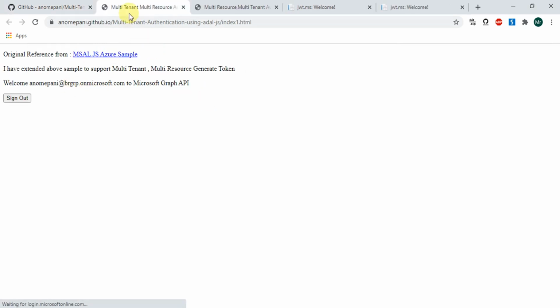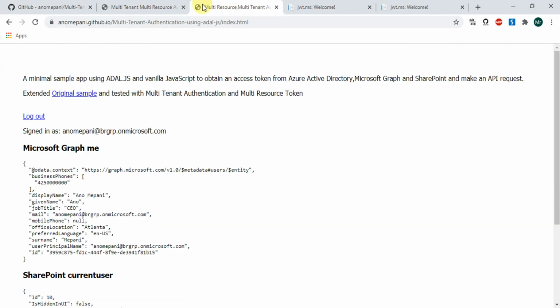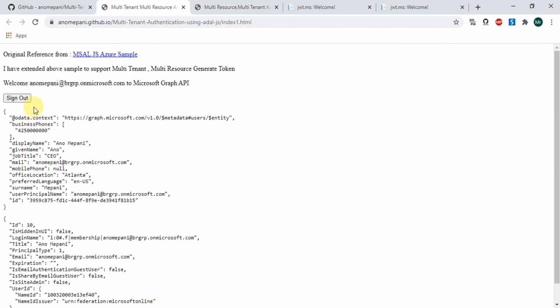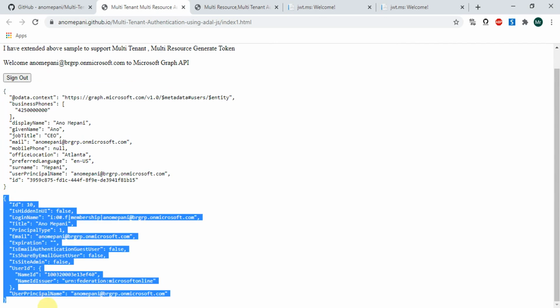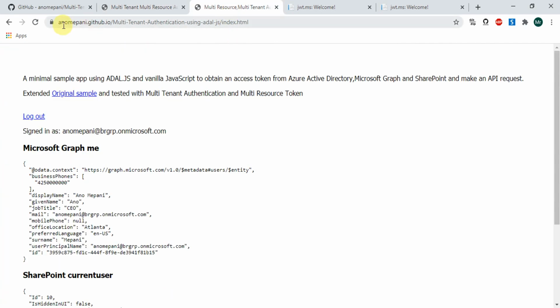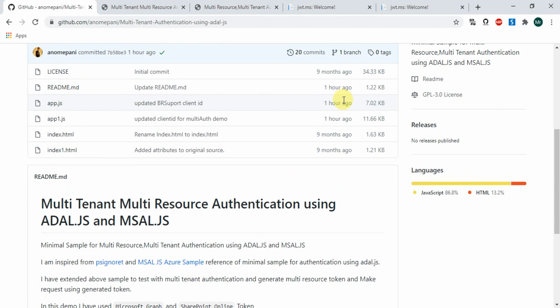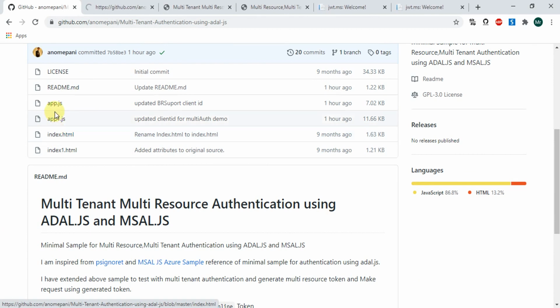As I am already logged in with the same client ID, it will detect that I am already logged in, and it will get the data from Graph as well as SharePoint. To work with this application, let's see the code for index.html and app.js.